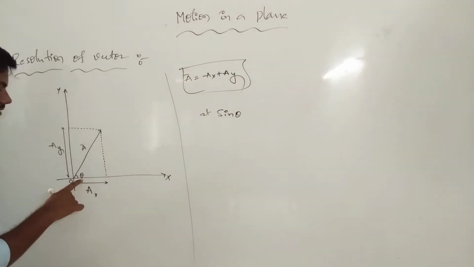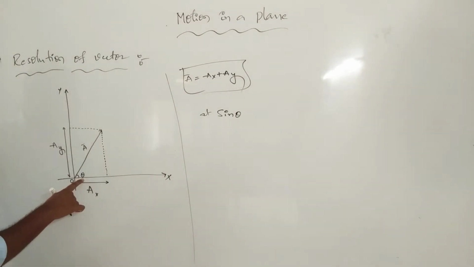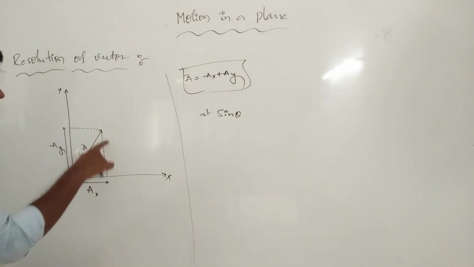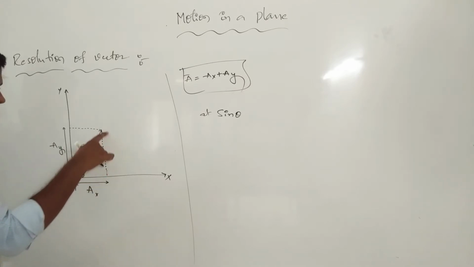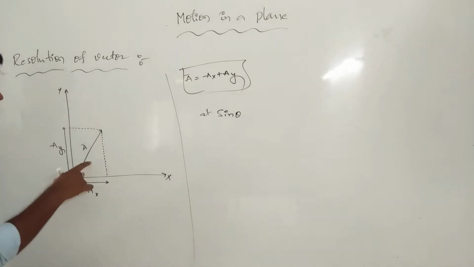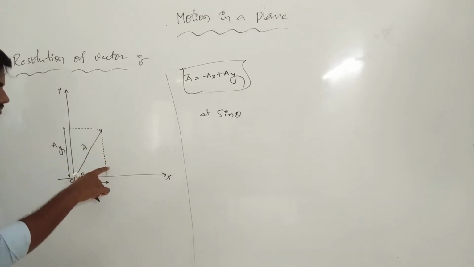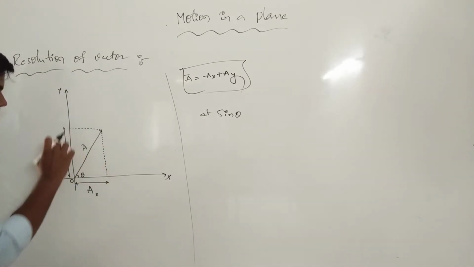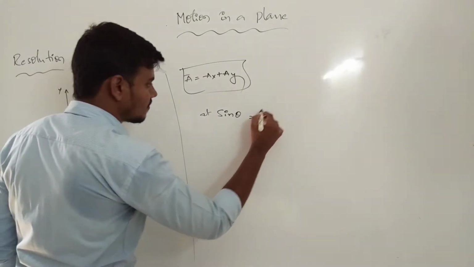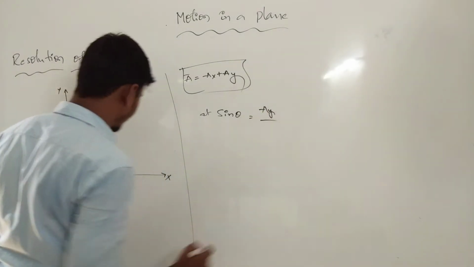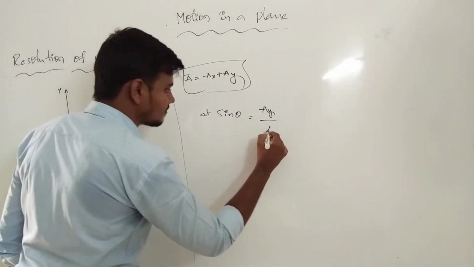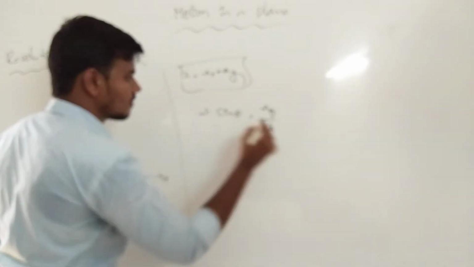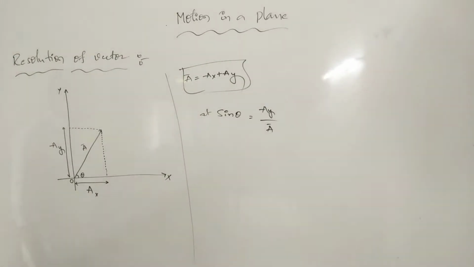At sin theta, theta representation. Which one can we take? This one by this one. Clear? This is the position by this is the position. The position we can introduce into this one. This one we can do the same, the x-axis position with this one. Okay? A is equal to Ay by the diagonal, which is A bar, or A.